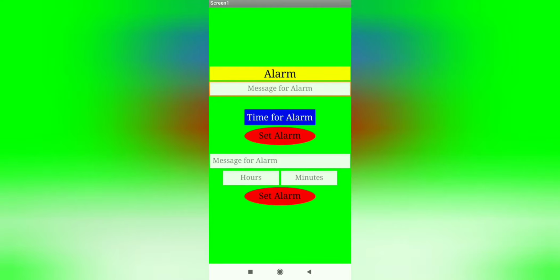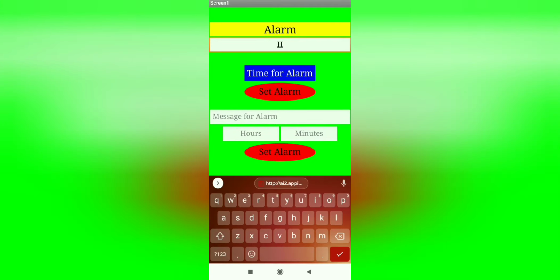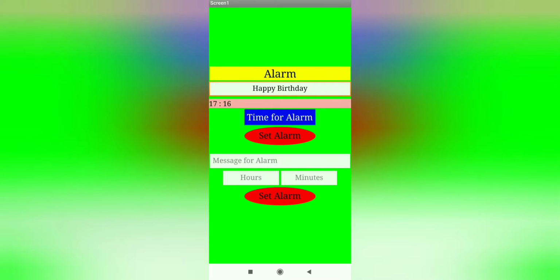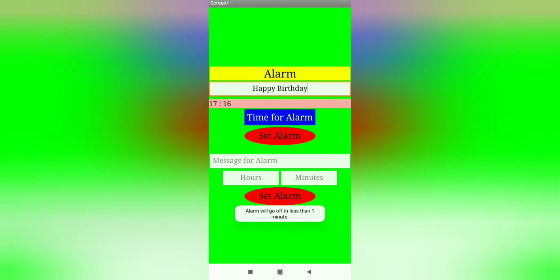So this is the alarm. Let's start adding an alarm. The message for the first alarm is going to be happy birthday. Now I'll choose a time. It's 5:15 right now, so I'll choose 5:16. Then I'll click on set alarm, and it shows that the alarm will go off in less than